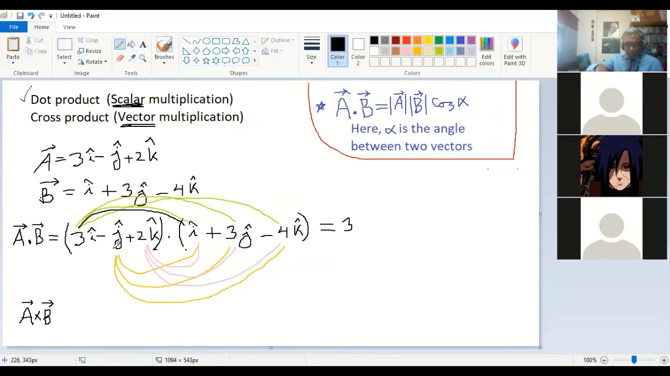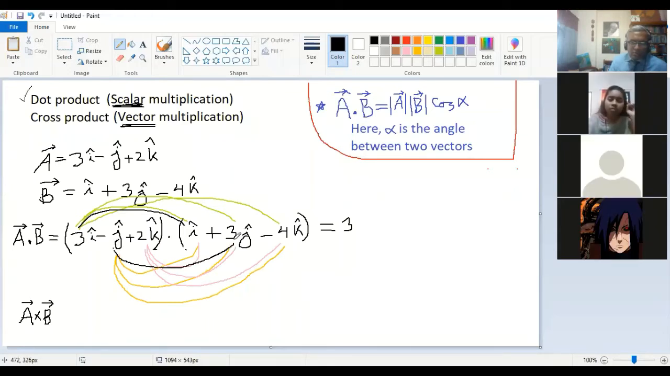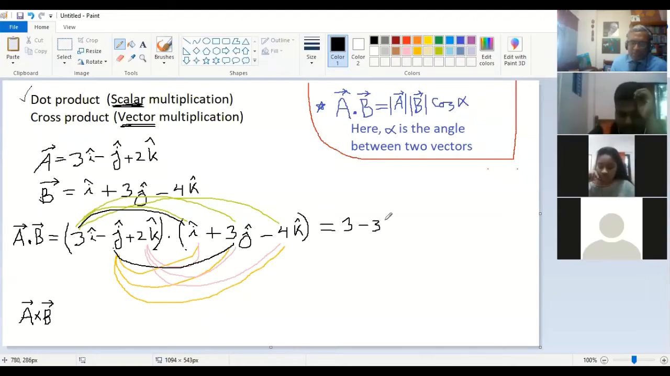So the next one will be minus 3 into a dot j. That means actually minus 3 into 1. Okay. And then the last one, 2k into minus 4k. That means minus 8, and minus 8,